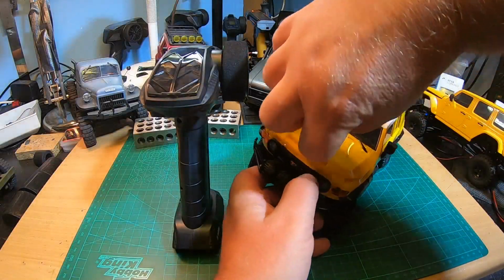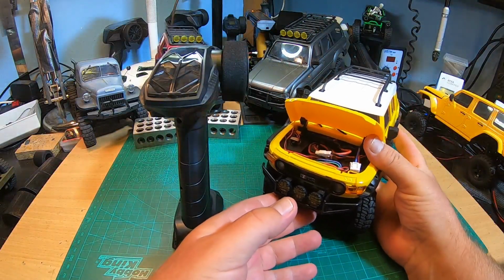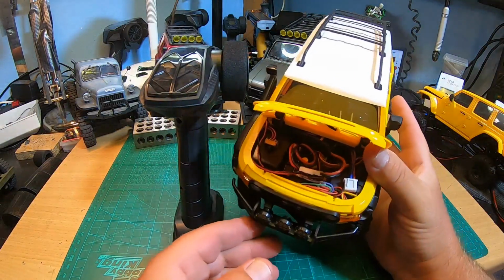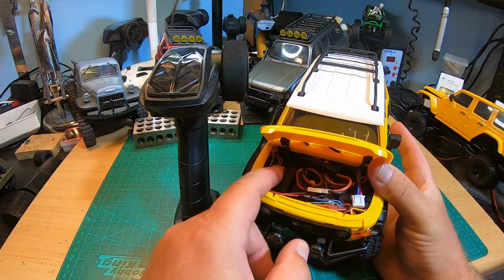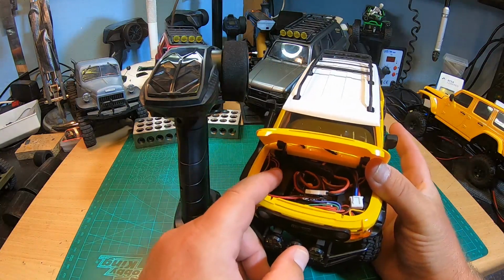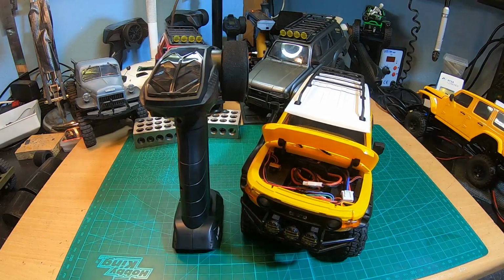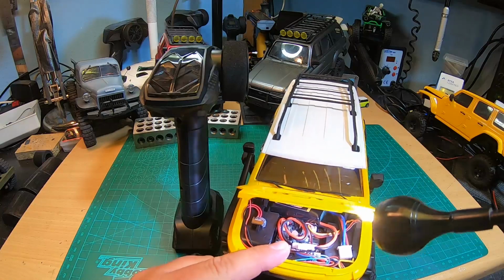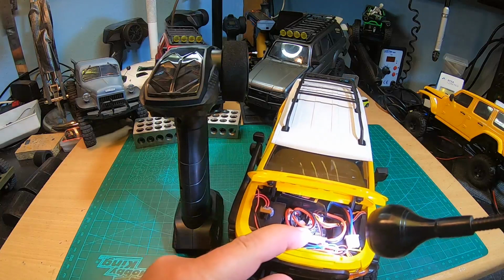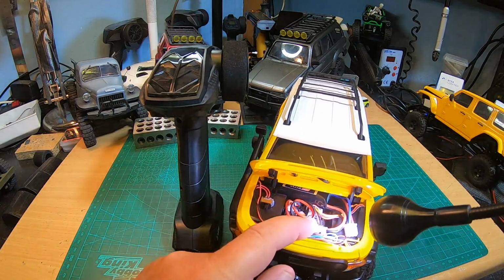Of course the FJ Cruiser has an opening hood, as all of those trucks, but the Atlas, and inside there's not a lot of room. The on-off button or on-off switch is placed here. That's quite nice. It's quite difficult to get to it in the 1 to 12th Willys Jeep. And you see it does have a new receiver unit similar to the Willys Jeep, but with a lot fewer plugs,